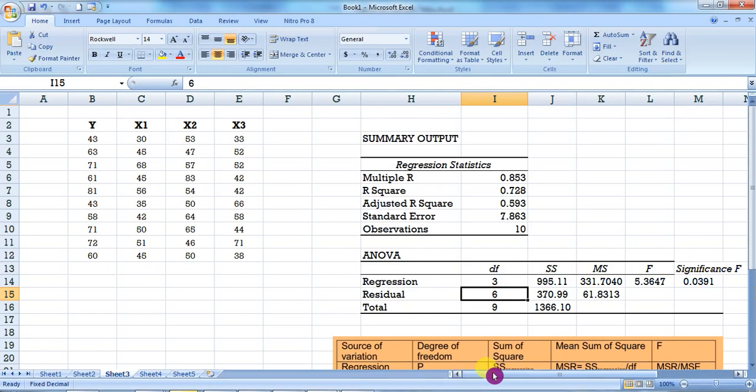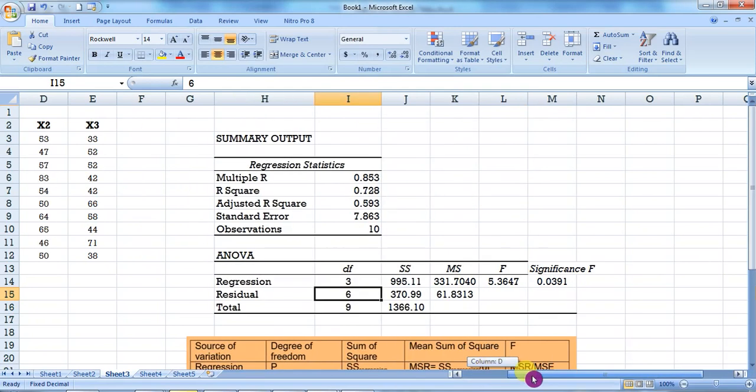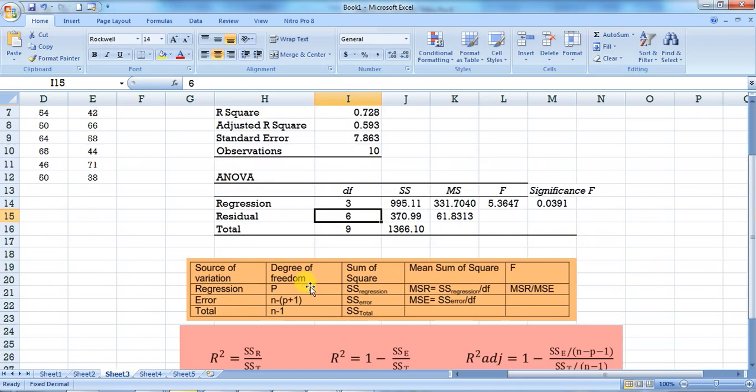As we have seen how to perform the regression analysis using the Data Analysis ToolPak, now let us see what is the R square, adjusted R square, and how it is calculated from the ANOVA table. The ANOVA table represents the different components such as source of variation, degrees of freedom, sum of squares, mean sum of squares, and F value. So first, the sources of variation are regression sum of square or regression, errors, and the total. So total variation is partitioned into regression variation and the error variation.